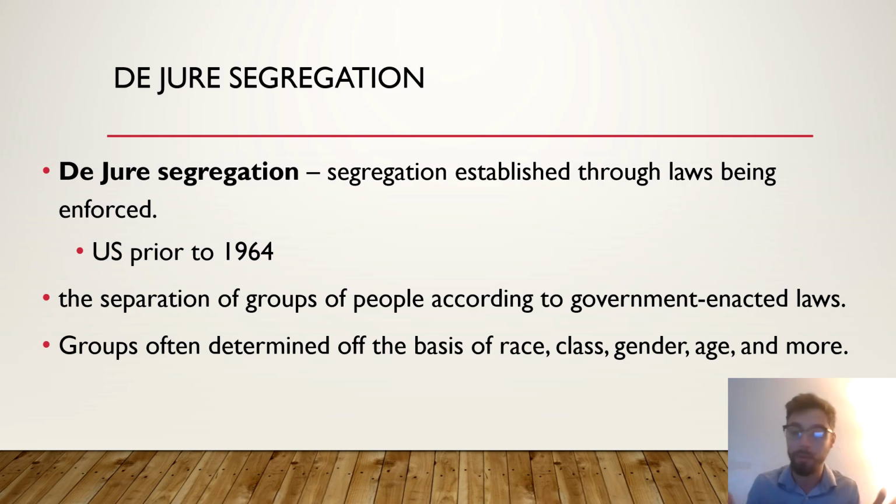A little way to remember it, don't write those words on a piece of paper though. De jure segregation is segregation established through laws being enforced in whatever nation they exist. Now, it is worth noting that de jure segregation does not exclusively pertain to those segregated based on race, but also those segregated based on gender, policy positions, ideological affiliation, or any other general way of identifying. So de jure segregation is segregating people along established lines, whether that is race or gender or whatever it is, and enforcing this segregation through laws.